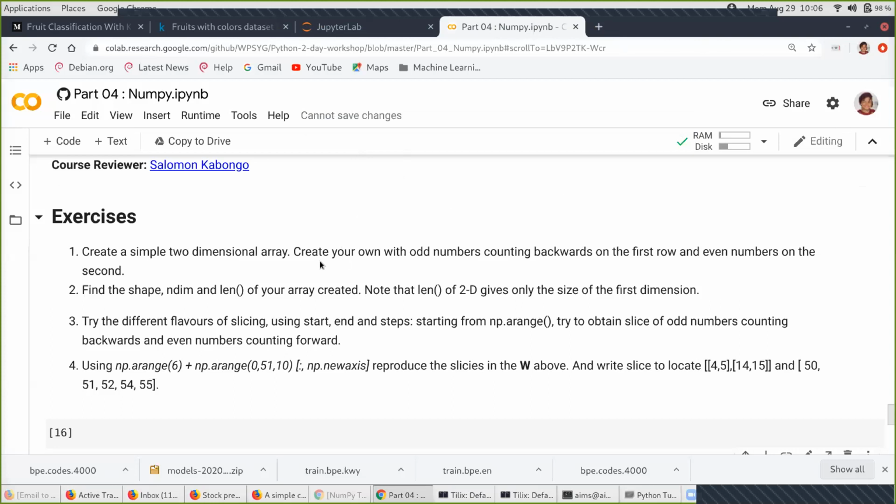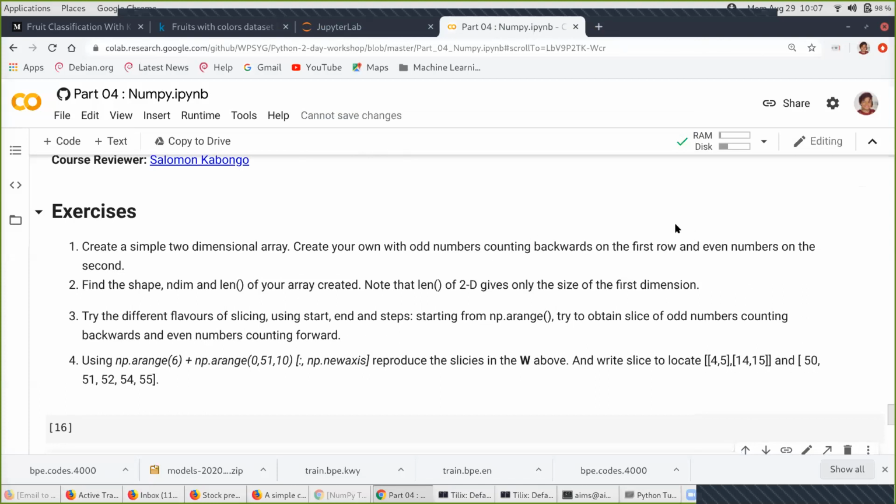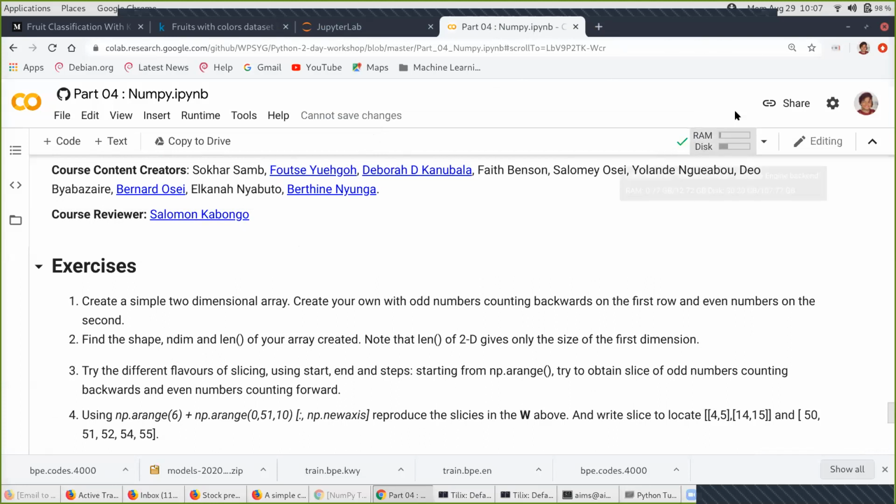I hope you understand the question. During the presentation, Bernard showed us how to create a 1D array, and here we are trying to create a two-dimensional array. In the first row, you have to